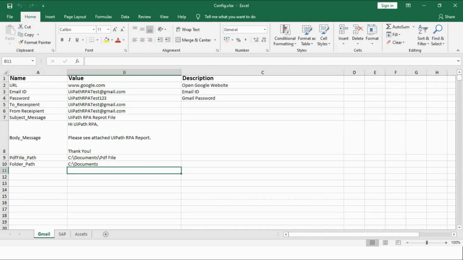Let's suppose I have taken Gmail here, and I have taken name in the first column, value in the second, and description in the third. Name means whatever we are going to pass, like the URL, the email ID, the password, the to email ID, or the from email ID. This could be the subject message, the body message, a PDF file path, folder path, config path, or anything.